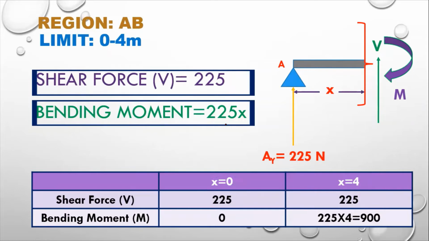And for bending moment 225x, it already has x. So I have to put the value of x equal to 0: 225 into 0. When 225 is multiplied with 0, it becomes 0. And when we multiply it with 4, it becomes 900. So 225 into 4 is equal to 900. These are the two values of the shear force and bending moment at the initial or final points of region